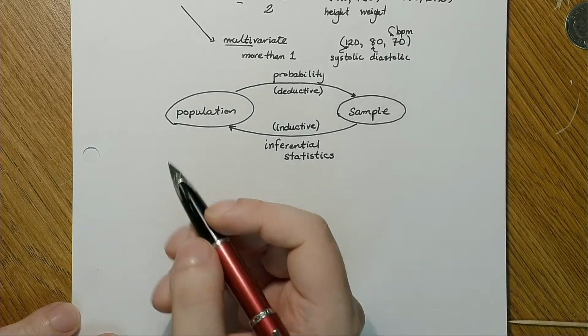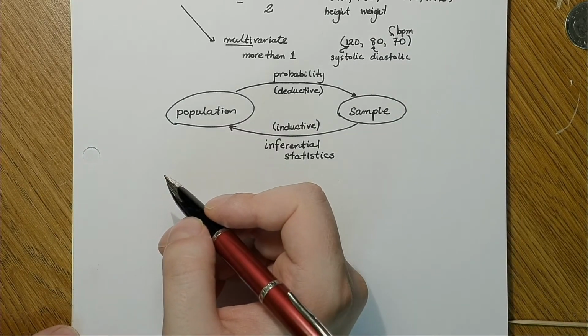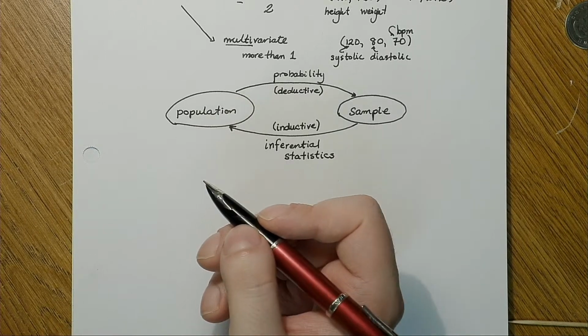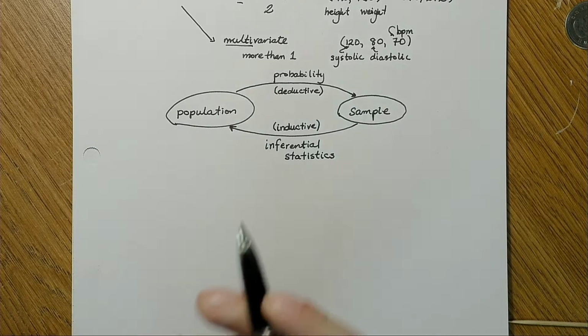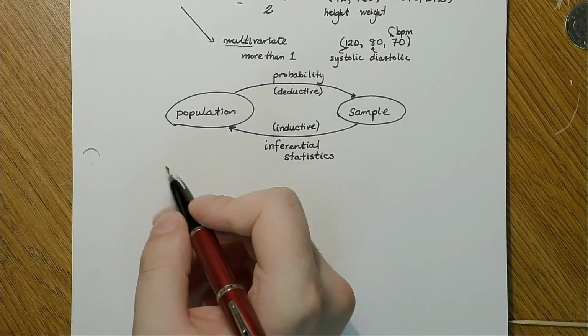Maybe I'll just recap that. I'm not sure what the ribbon means. So with the probability problem,